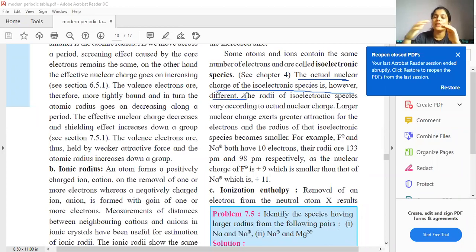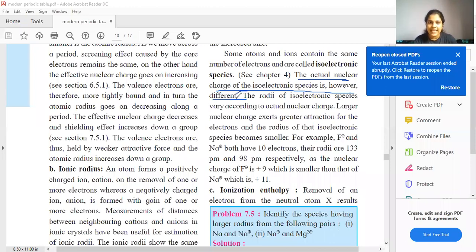Okay, so as I said, what are isoelectronic species? Some atom and some ion will have the same number of electrons. They are called isoelectronic species. But students, even if the number of electrons is the same, it doesn't mean that their nuclear charge is the same. It is very obvious, right? Because the atom is what it was originally, and the ion is something that has been formed by removing or adding electrons. So their nuclear charges cannot be the same, even if the electron number is the same. Okay, fine, all right. There's an example ahead. You will understand what it is. Just mark what I'm asking you to mark.